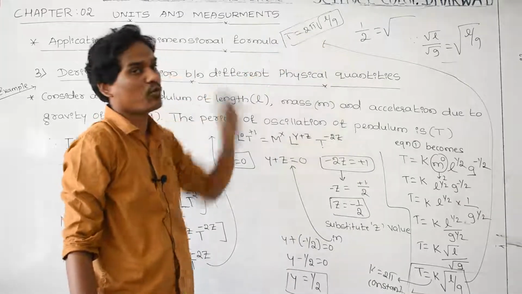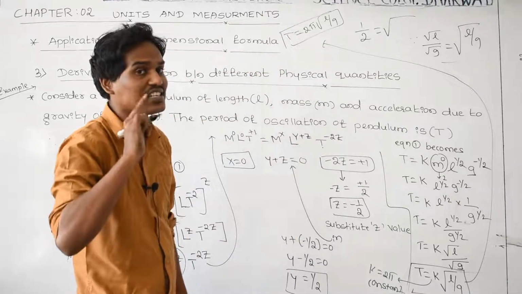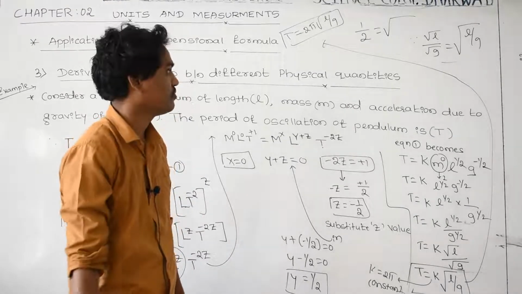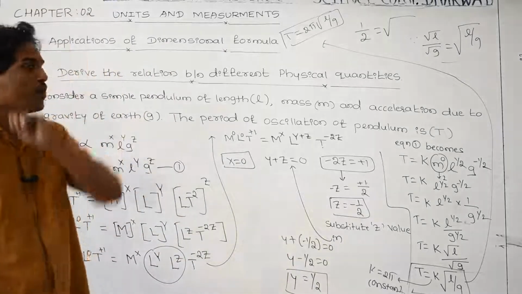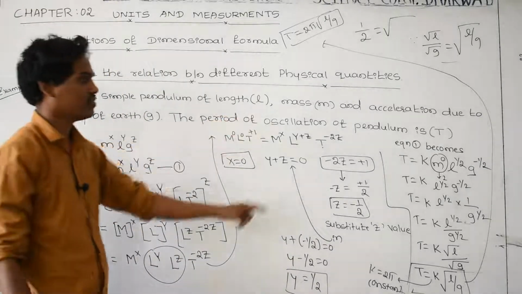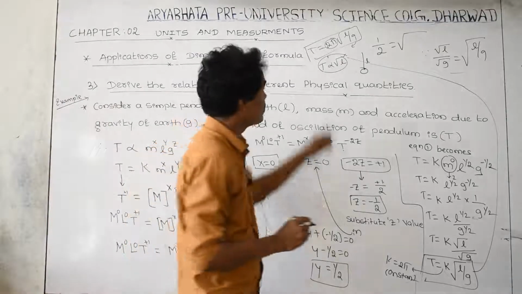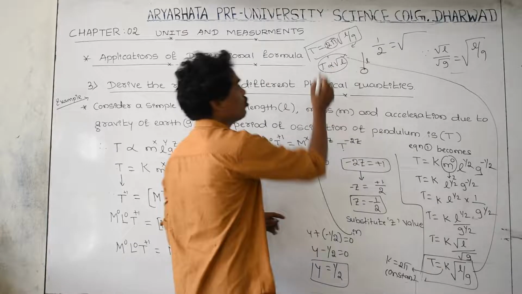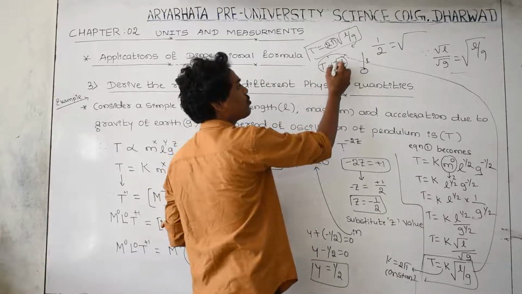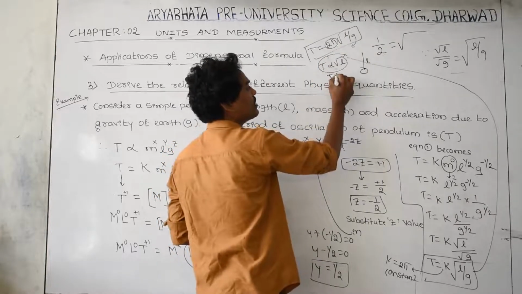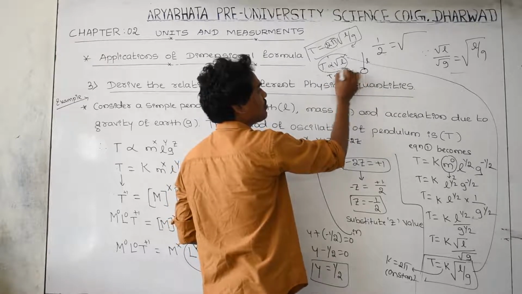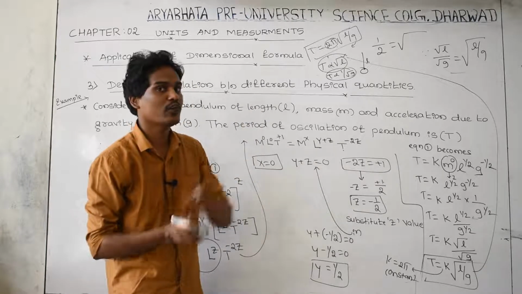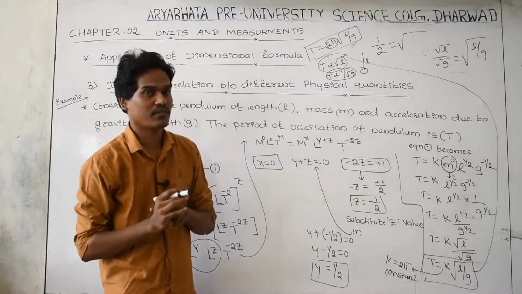By using this formula, it is possible to find out the time taken by the pendulum to complete one oscillation. Four physical quantities are there. Length first. And here, this is the final formula: T equal to 2 pi root of L by g, and 2 pi is constant. T is directly proportional to root L and T is inversely proportional to root of g. And here, what is T? T is the time taken by the pendulum to complete one oscillation.